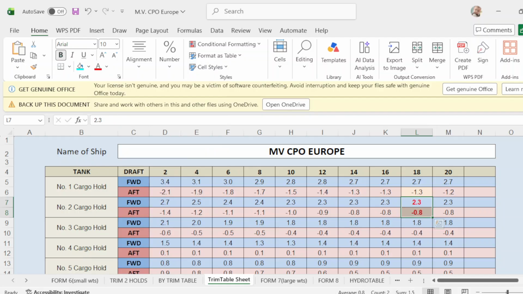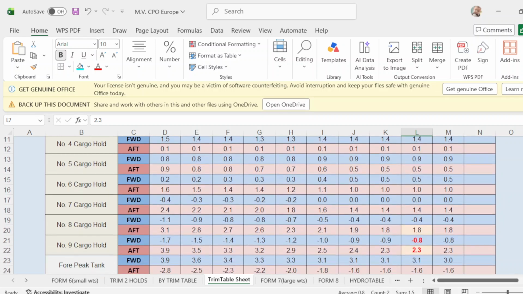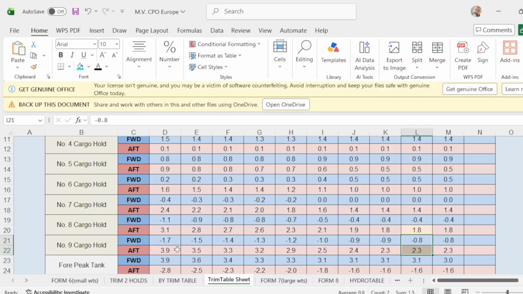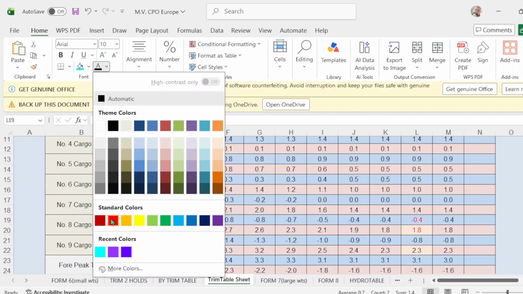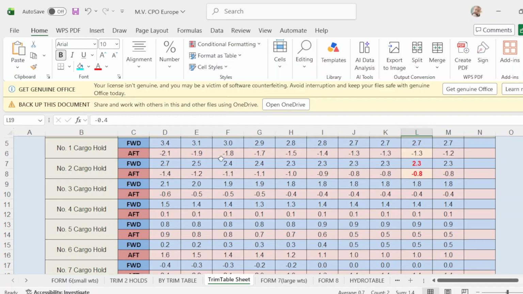We go to number 9. This is number 9. Go to black and bold. And hold number 8, this one, red and bold. Then we go to number 2.